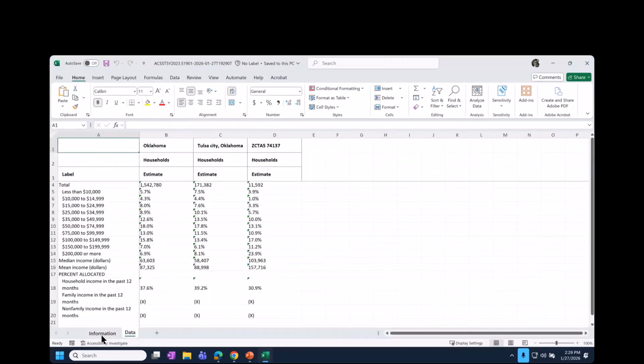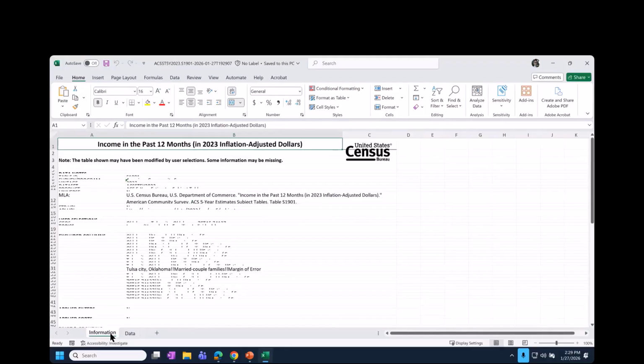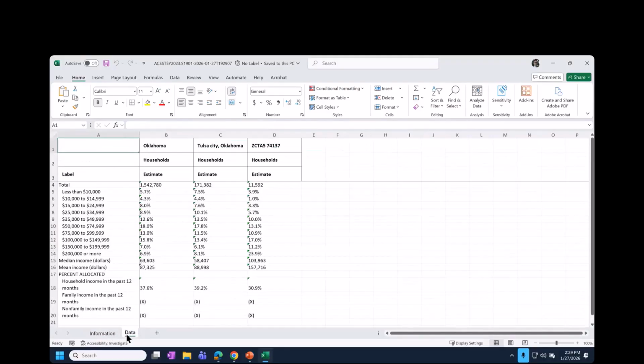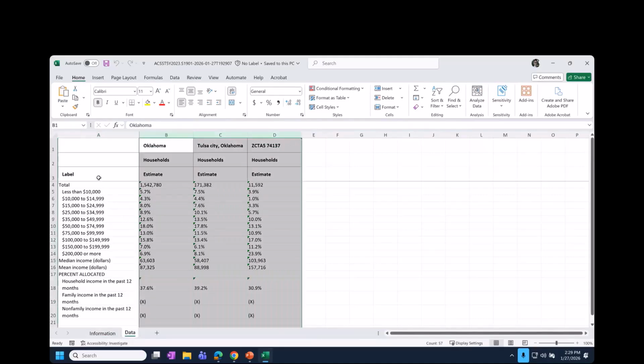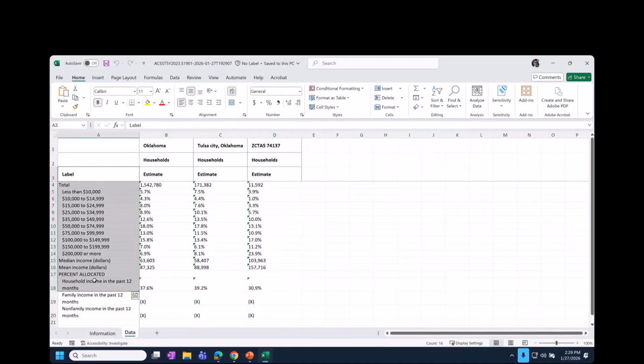There are two tabs. The first one gives you some source information. The second tab that says data is what you're most interested in, most likely. And this looks almost identical to what we saw on screen. Our geographies are in the columns. We have nice labels that are readable and indented. And by the way, this format is print optimized. So anytime you want to print a table, downloading to Excel and then printing this sheet is going to be